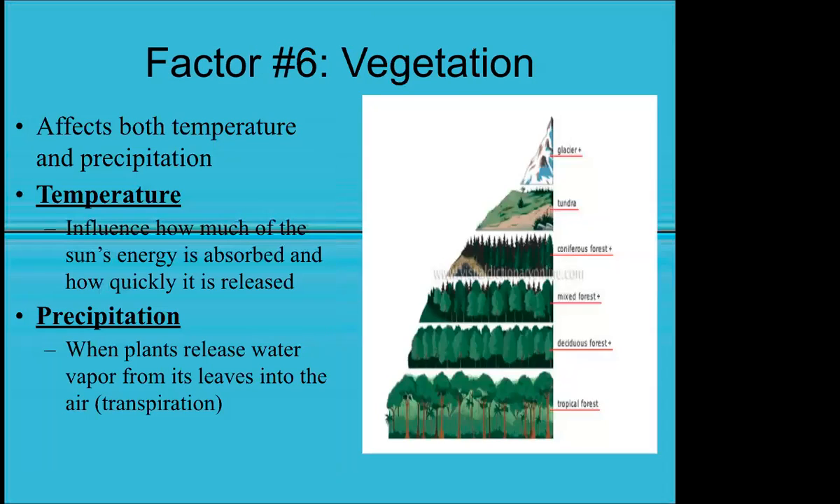And last is vegetation. This affects both temperature and precipitation. The temperature influences how much of the sun's energy is absorbed and how quickly it is released. And precipitation is when plants release water vapor from their leaves into the air. So precipitation is a piece of the water cycle. We talked about condensation last unit, when we talked about fog. This release of water vapor from leaves is technically called transpiration, which